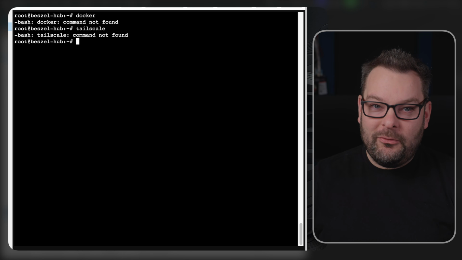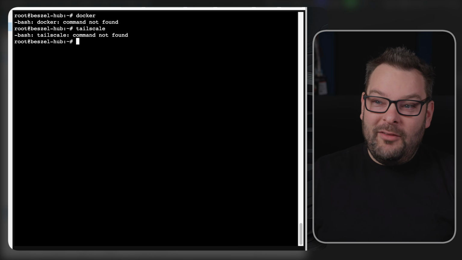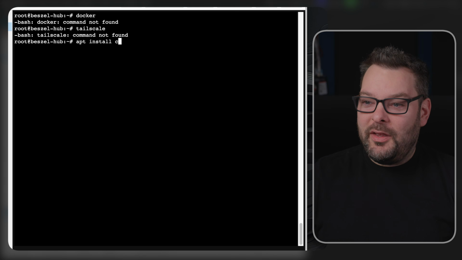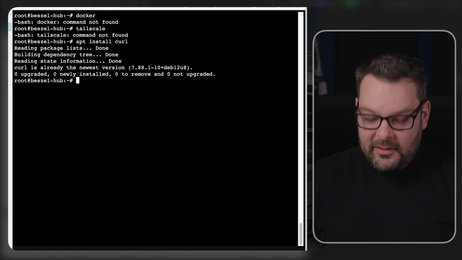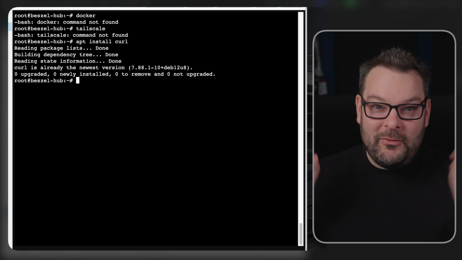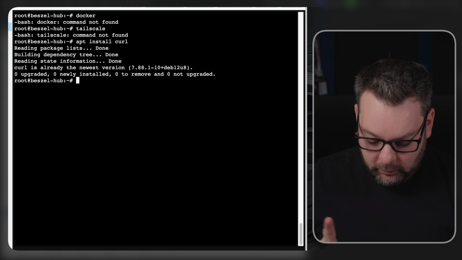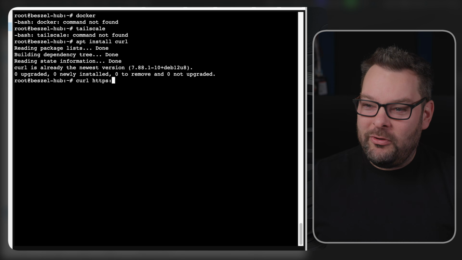So now the LXC container is created. It's completely blank. There's no Docker on it. There's no Tailscale in it or anything. And I've just got this little helper script. I need curl for this, of course, and Debian doesn't ship with curl because it's too bloaty. Anyway, so what I want to show you is just a little helper script I've got over here